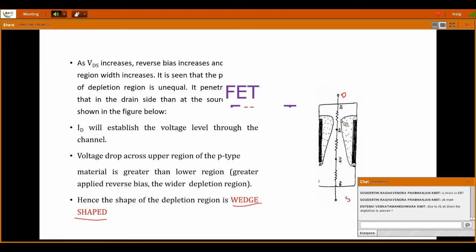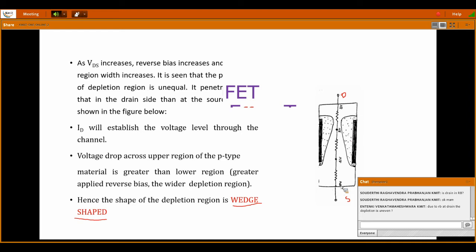The resistance offered near the drain will be more because the channel width is reduced near the drain. So the current is flowing; the current is not reducing. The current is flowing, but the resistance offered to the flow of current is more. So the voltage drop is more near the drain. Hence it is written on the diagram. You can see near the drain the voltage drop is more, 3 volts, and as we come near the source, the voltage drop is reducing: 2 volts, 1 volt and 0 volt.